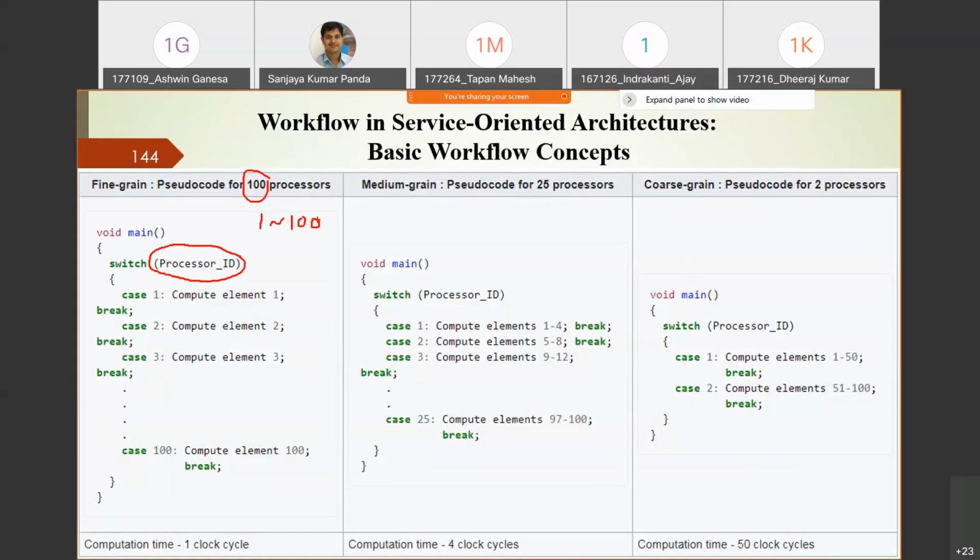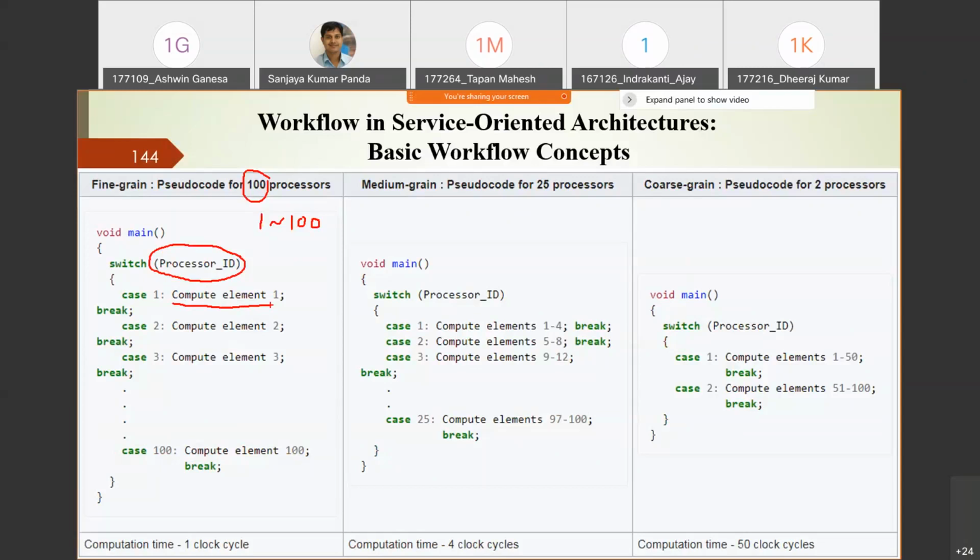So that to each and every processor you can assign a small amount of work, right? So once you divide this into small chunks, one chunk you will assign to processor 1, one chunk you will assign to processor 2. Like that, it will continue up to processor 100. Sometimes these processors are also called PE, that is processing element, right? So you can see, if the process ID is 1, then it is going to compute element 1.